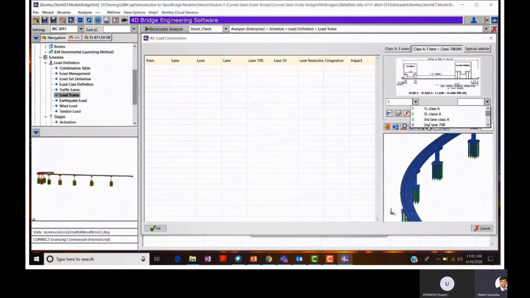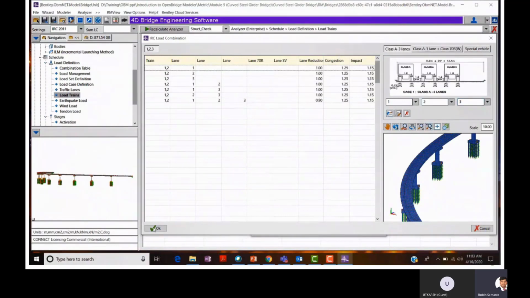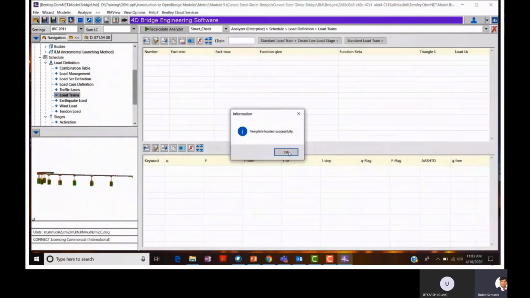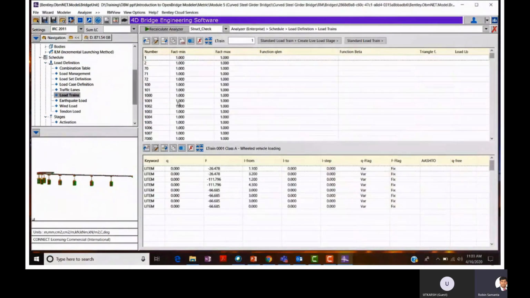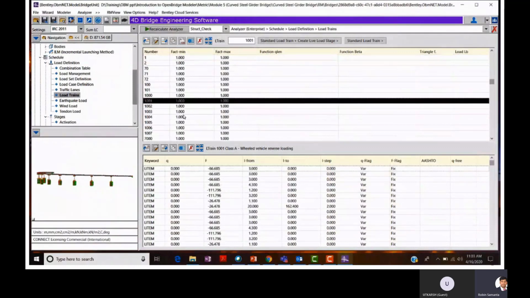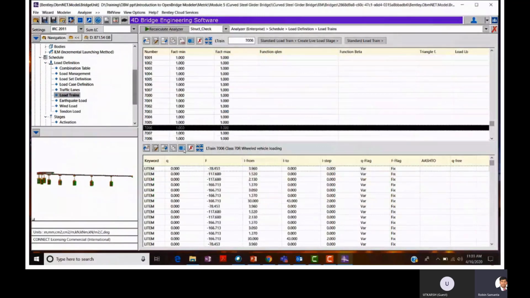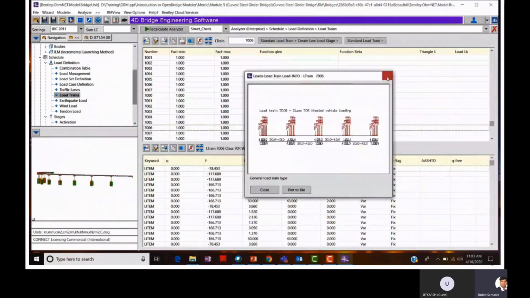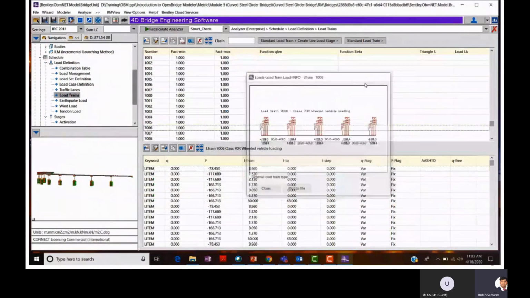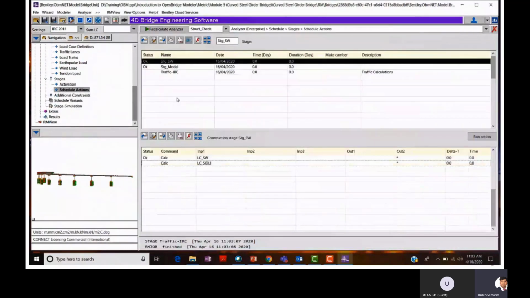Once you define this live load macro, it will create all the successive vehicles and all the possible, probabilistic combinations as per the code. You can see how many vehicles have been created based on your bridge length. Because we have given a 200-meter length, under schedule action you can see these are the actions created.